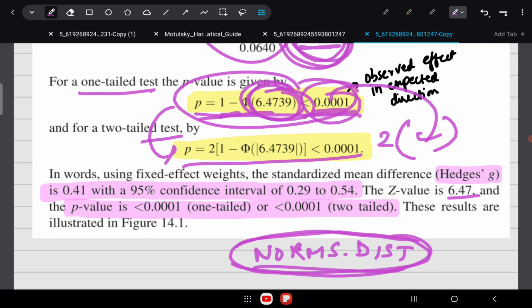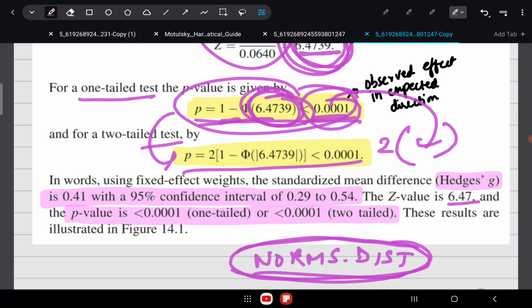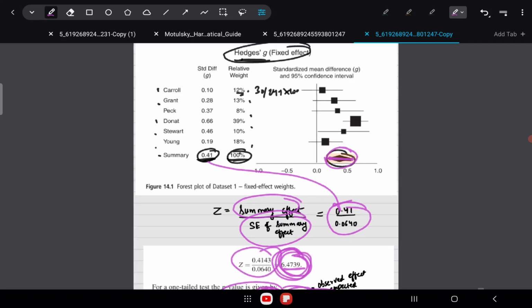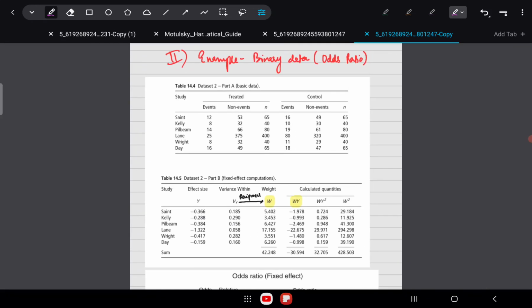So this is how you do a meta-analysis using fixed effect modeling, when the data is a continuous variable and it is given in terms of mean and standard deviation. Okay,